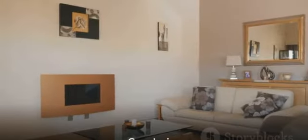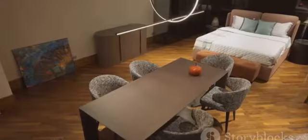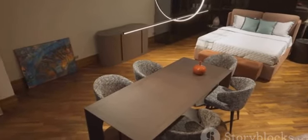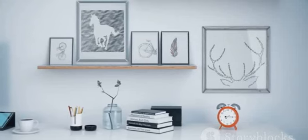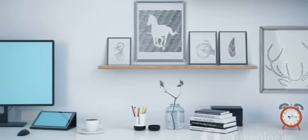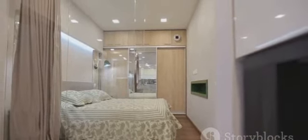In conclusion, designing a home like an interior designer involves a thoughtful blend of aesthetics, functionality, and personal preferences. It's about defining your style, planning your space, selecting the right furniture, lighting, textures, and materials, and adding personal touches. It's about creating a home that's not only beautiful, but also functional and uniquely yours. Remember, your home is your sanctuary, and it's designed